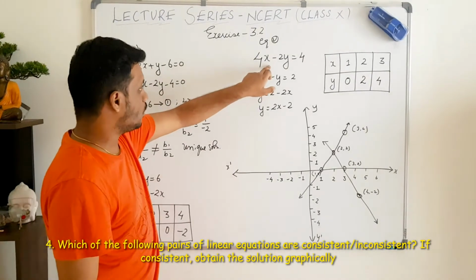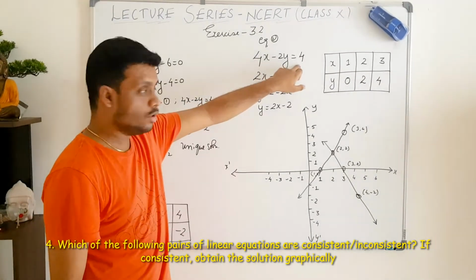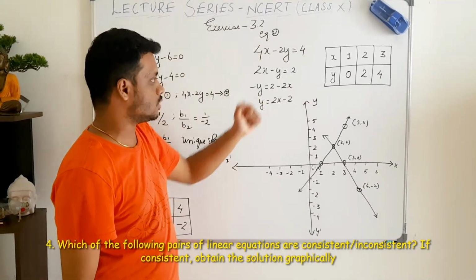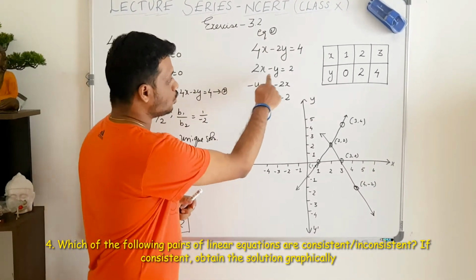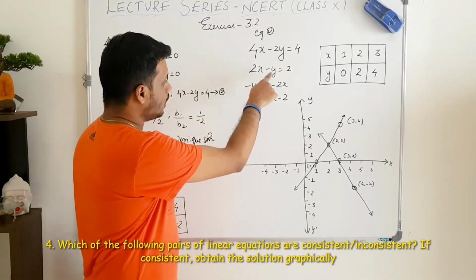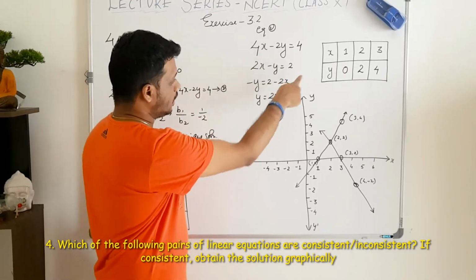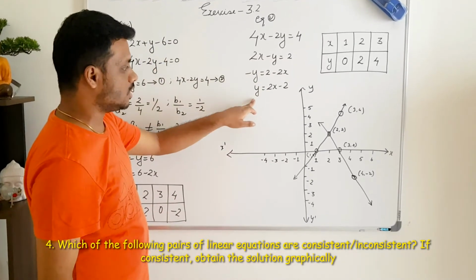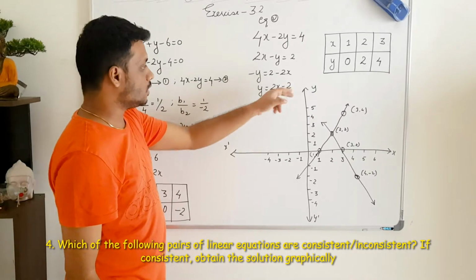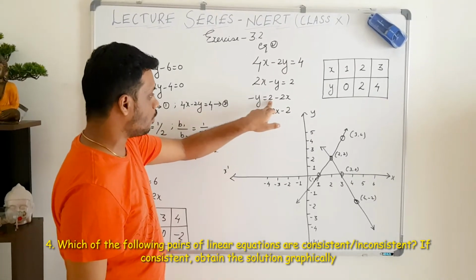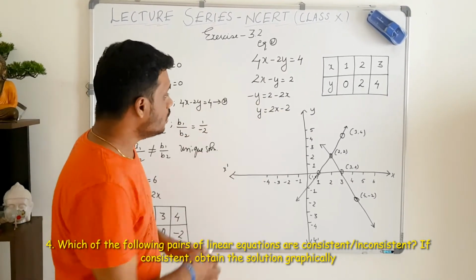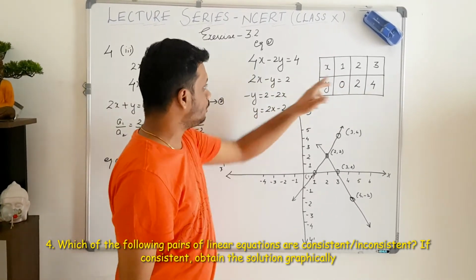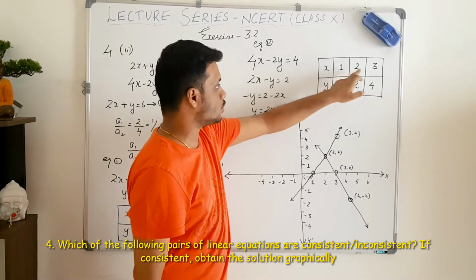Then I'm taking the second equation, which is 4x minus 2y equal to 4, and this equation can be divided by 2 because you have 4, 2 and 4 as the coefficients. So the equation reduces to 2x minus y equal to 2, and I am taking out y here. So when I take 2x to the other side, I get minus y equal to minus 2x plus 2, and I do not need a negative variable, so I change it to positive y by swapping these two. So 2x will become positive and positive 2 will become negative. Now using this as my standard, I am finding out different values of y for the different values I have chosen for x, which is 1, 2 and 3.